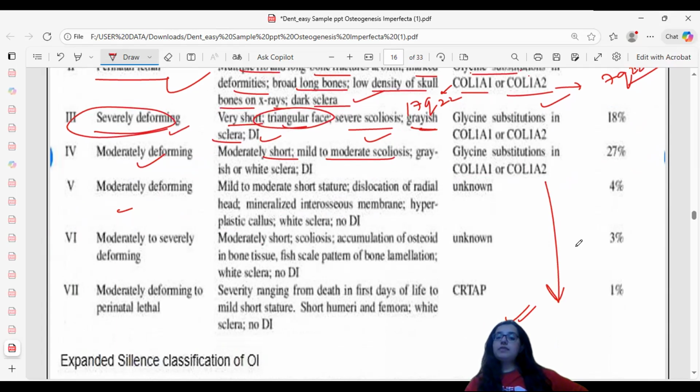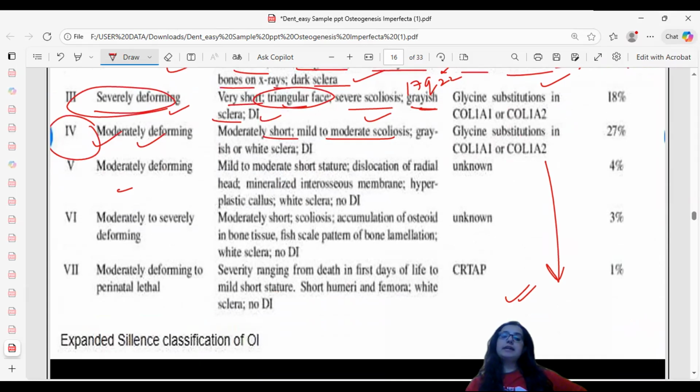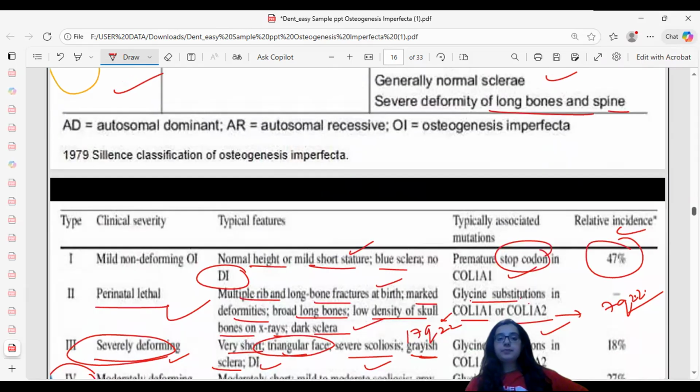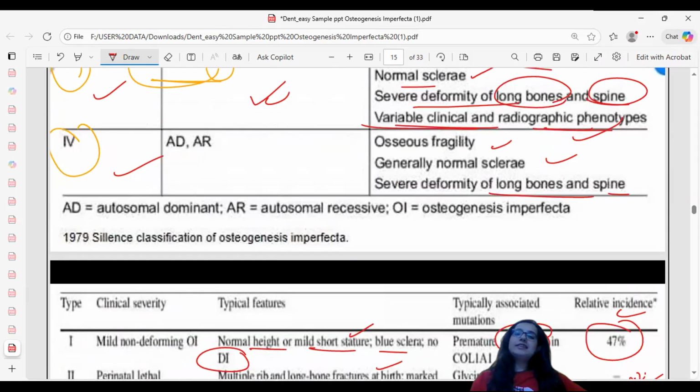So the most common one is type 1, and then second most common one is type 4 osteogenesis imperfecta. This is the expanded Sillence classification of OI. So that is all for the chapter, all for the topic, and I'll just end it up over here. See you